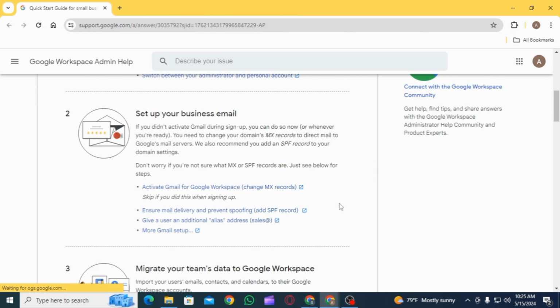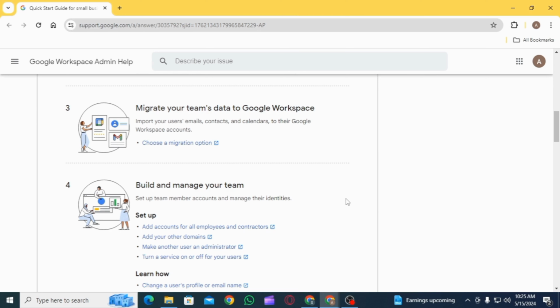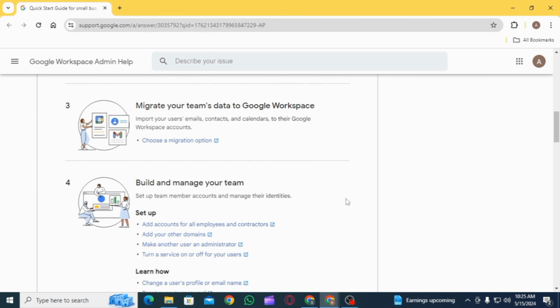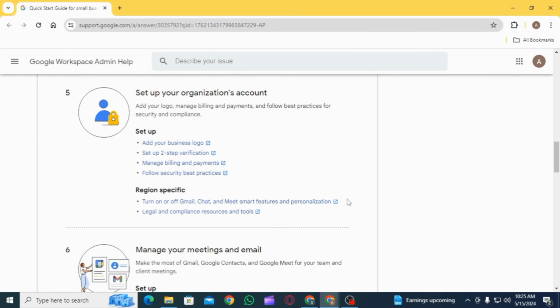Other things you can do with Google Workspace is migrate your team's data to Google Workspace, import your users' emails, contact, and calendar to their Google Workspace account, build and manage your team. You want to set up team member accounts and manage their identity. Then you want to set up your organization's account, add your logo, manage billing and payment, and follow best practices